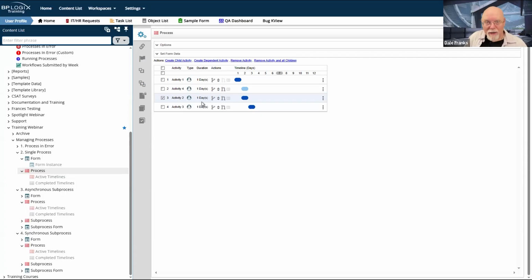That was fine until somebody deleted an activity that was running in 120 process instances, and they were not keen on opening 120 process instances one at a time and configuring each one, because they estimated, based on how their timeline worked, that it would probably take an entire day's work for one person just to go through 120 instances.